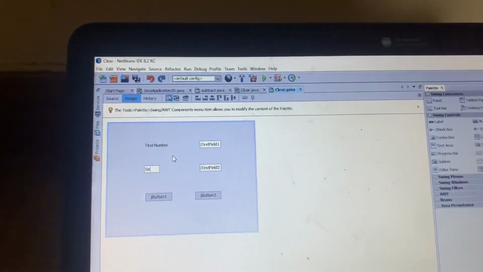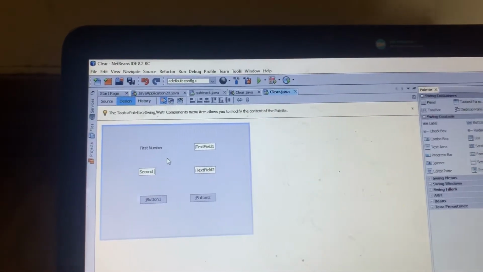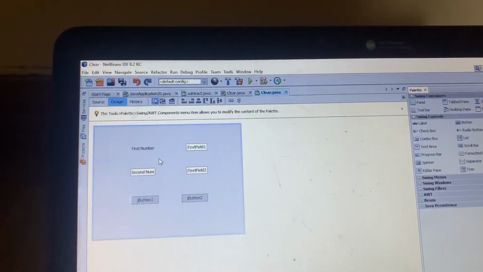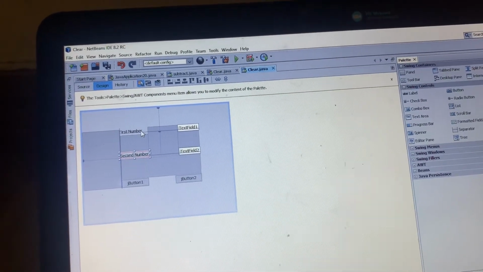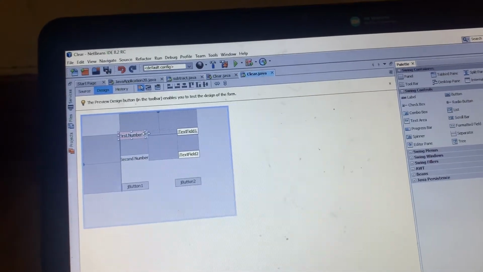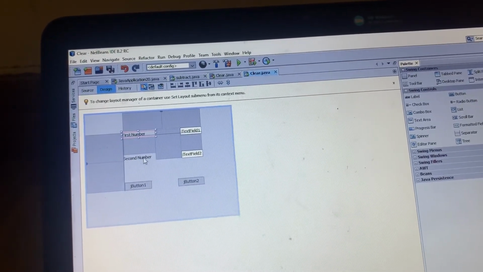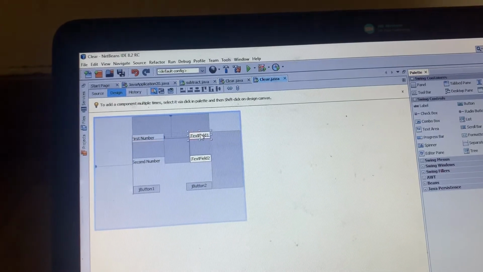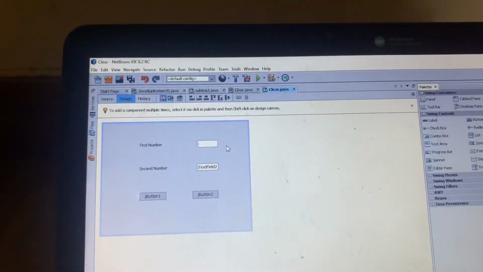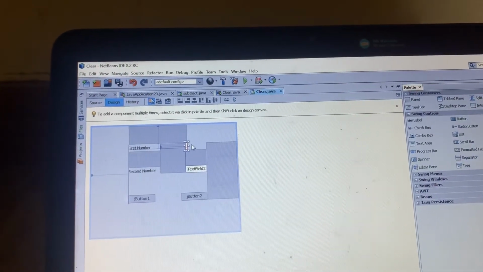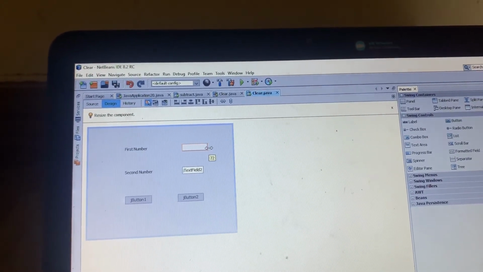I'm writing here second number. So I am taking two numbers over here, first number and second number, and the user will fill in those numbers in the text fields. So I am emptying this text field also: right click this text field, go to edit text and delete it. And increase the size of this text field.